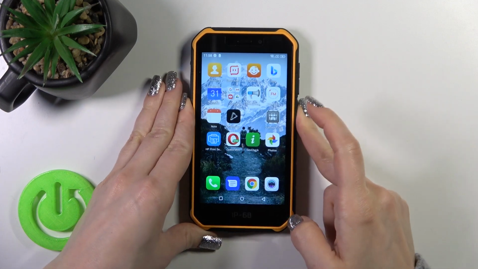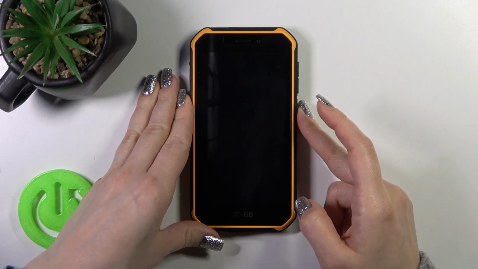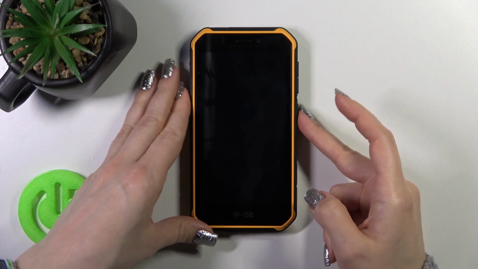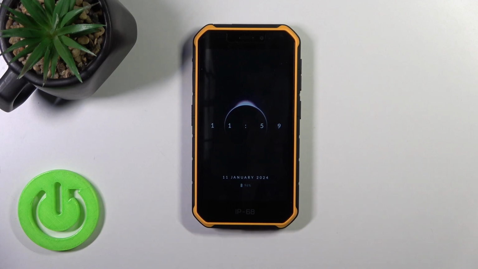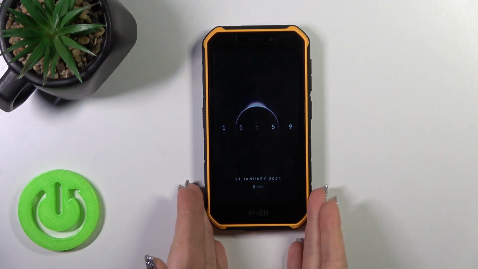Now let's just lock the device. Let's twice press the power key to activate the AOD and we could see that the always on display option